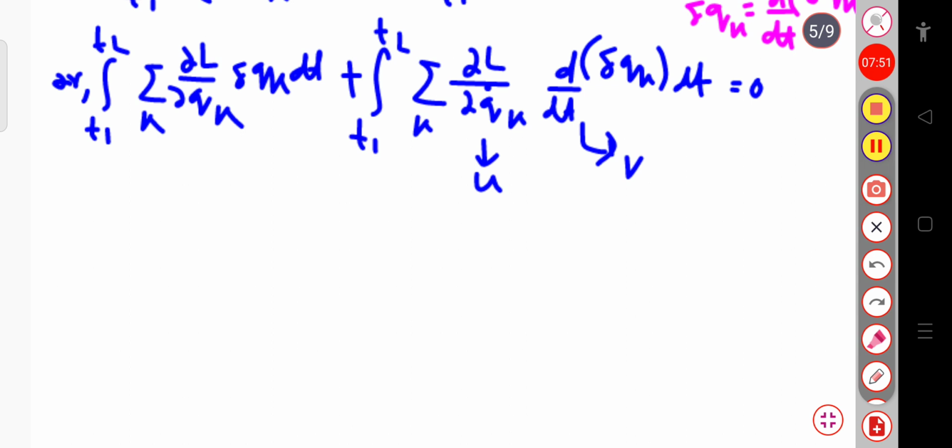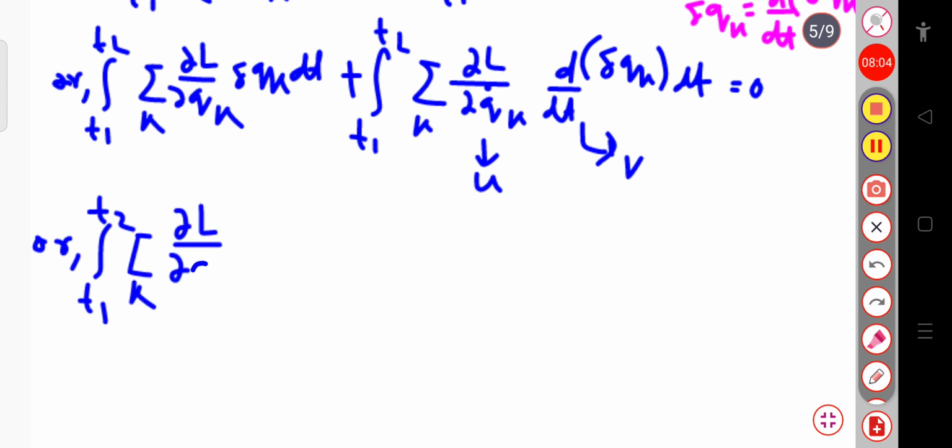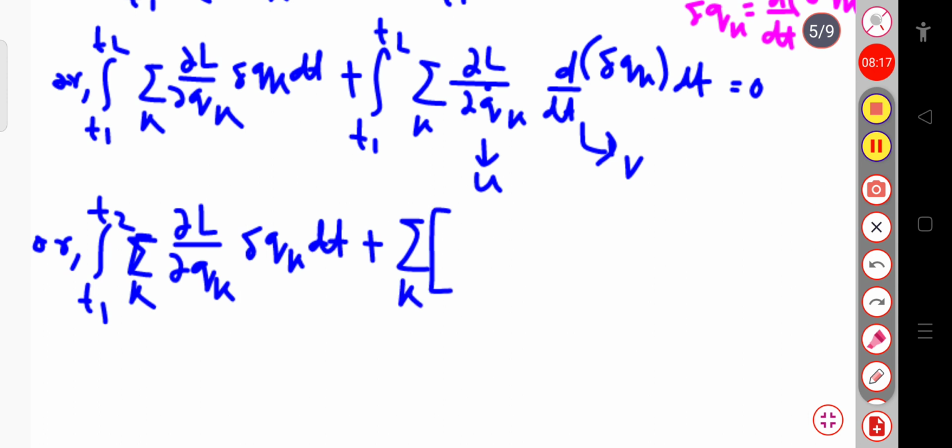The first term will remain as it is, integration over t1 to t2, sum over k, dou L by dou qk into delta qk dt, plus sum over k, applying integration by parts, dou L by dou qk dot will remain as it is, that is u,